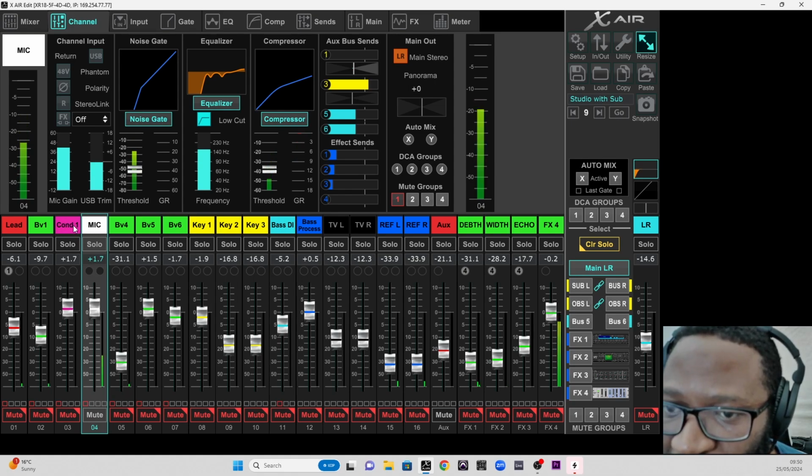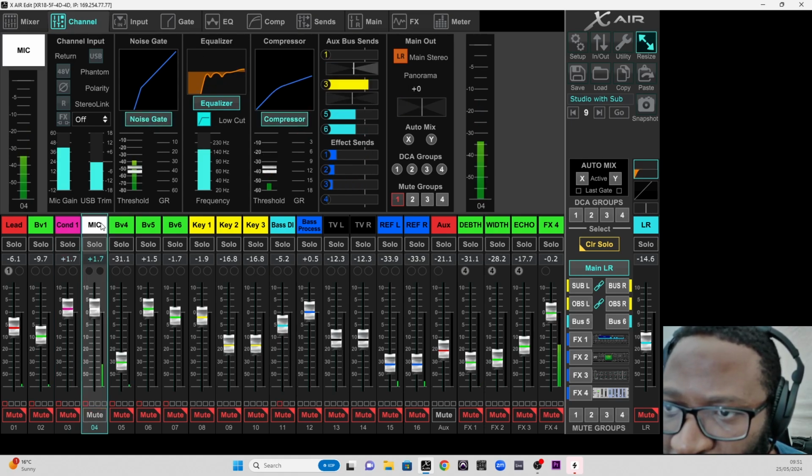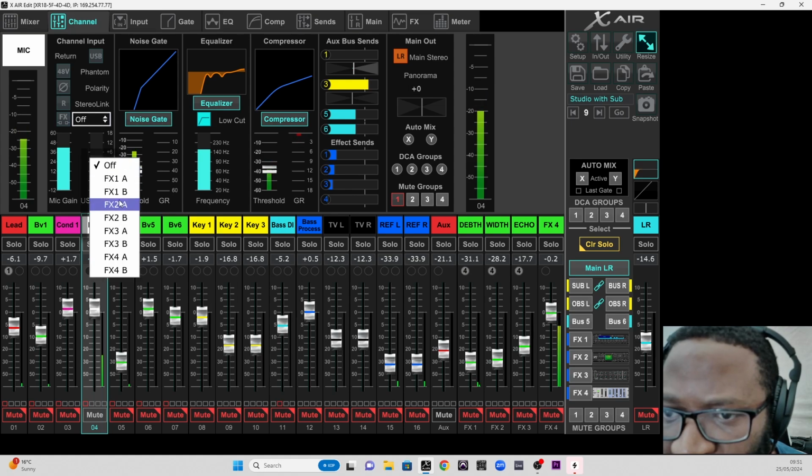Because if you link it, this setting is going to change. The setting over here will change to the one in the odd. It won't change to the one in the even. Okay. And then this one, the effects, is for use if you wanted to insert an effect to the